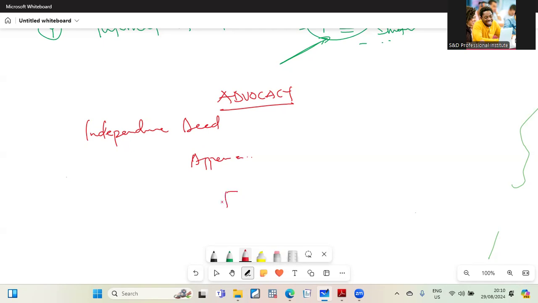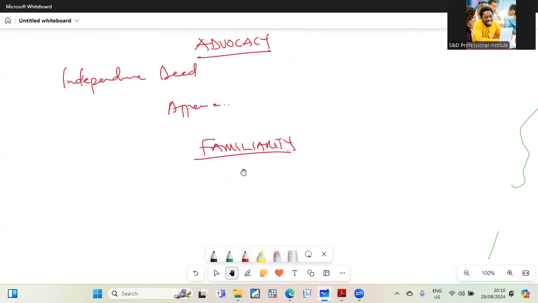Then we have familiarity. I think this is the easiest one. You see, I always tell students, and you see in the case that I used in the book for assessment, whenever you are reading a question and it says that they have been the auditors of the client for some years now, it tells you that they have been there for too long. Familiarity. You will see those things in the question. So they have been there with them like 6 years. All right. So when you spend more time with the client, you see that